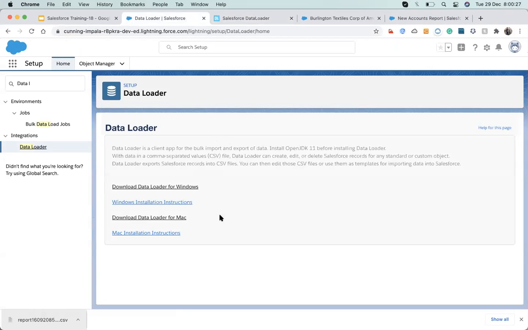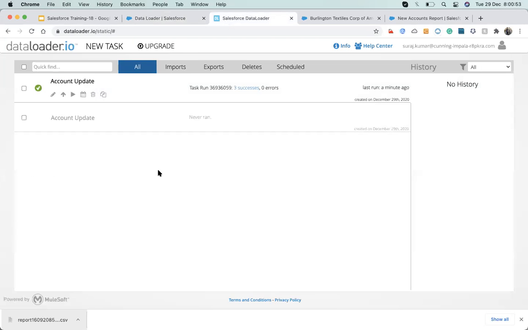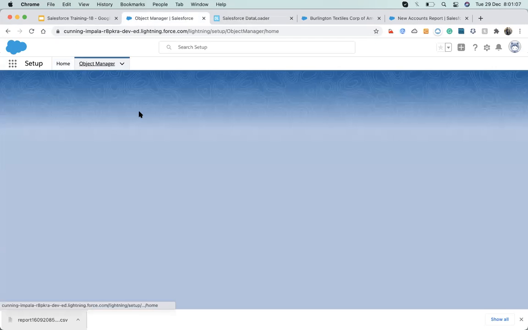Actually, it's a link for the offline tool. Remember, I just told you that when you click on that, something gets downloaded and you have to work with that offline tool. That's a kind of data loader. But right now we are not going to use that. All the offline tools are usually being deprecated right now, so I don't want to talk about that. You can use dataloader.io for the data migration. It has more capabilities than any of the other tools available. Yeah, I got it. Okay, any more questions?